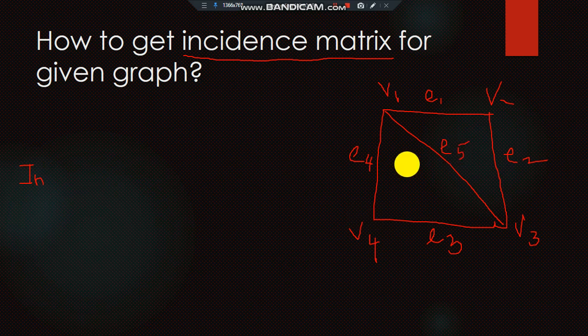The name of the graph is not given, so let me give it a name, suppose the graph is G. So the incident matrix for G, how to find this? First you write these vertices, that is V1, V2, V3, V4